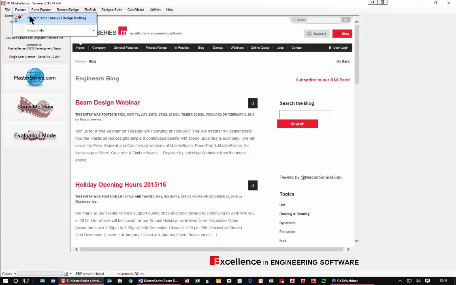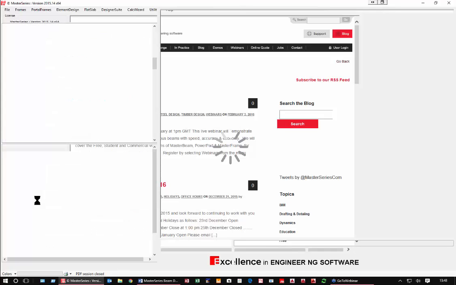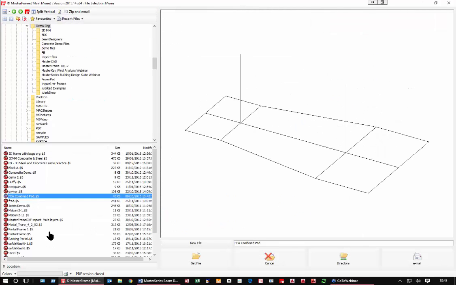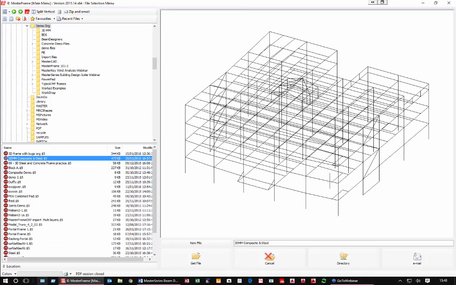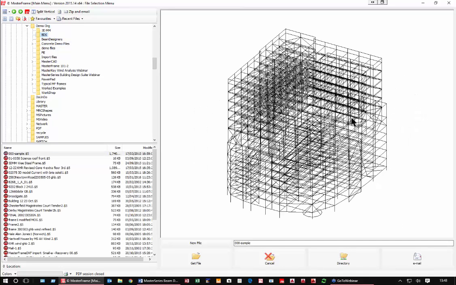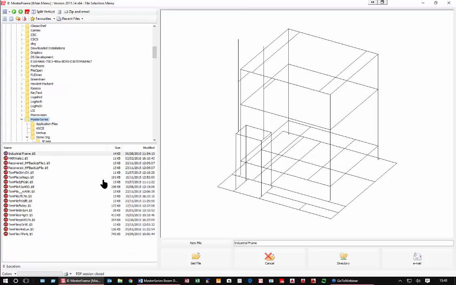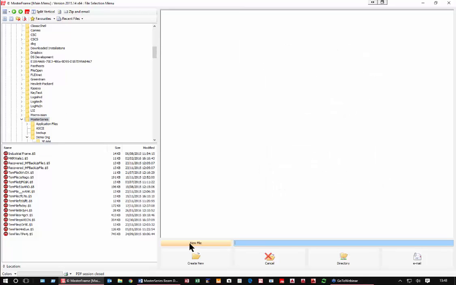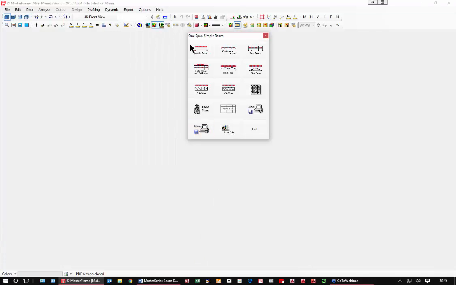So if I go to MasterFrame, into MasterFrame, this is a program that will do colossal buildings. This is a program that will do very adventurous buildings. This is a program that will do very extensive multi-story frames. But this is also a program that will do my wee beam, and I create new. So either a continuous or a simple beam. And if I just say, let's have a simple beam,